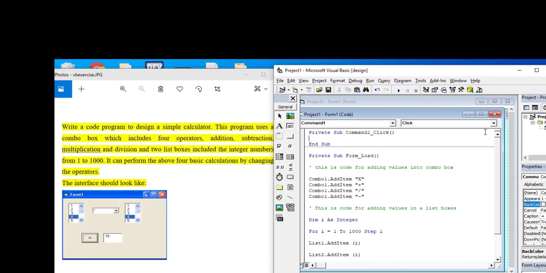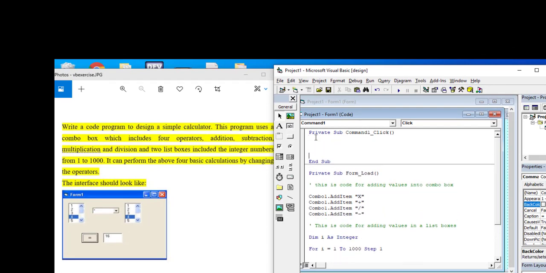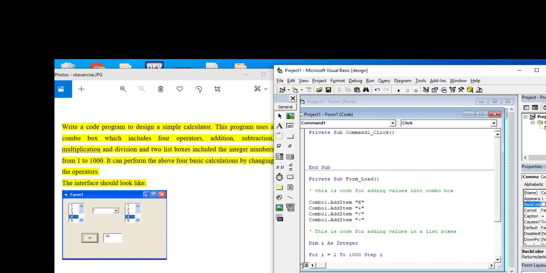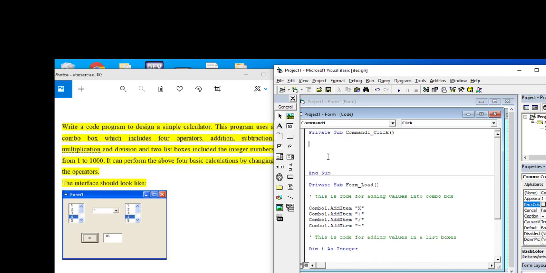So when I double click the button, Visual Basic will redirect me in this section. Now what do I need here? First of all, I need to declare another variable that will be used to display or to hold this result. So let me declare a variable called result